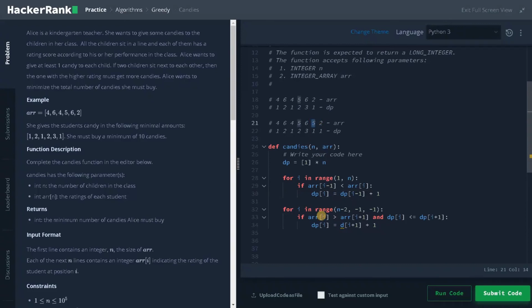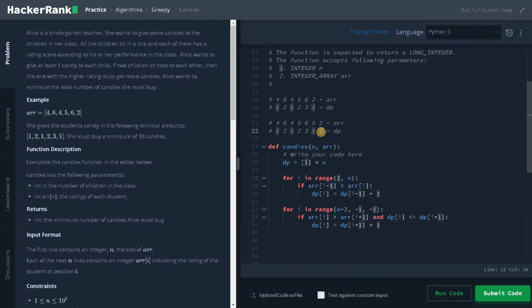I am comparing 5 is greater than 2, so this condition is satisfied, and again I am checking if dp of I is less than or equal to dp of I plus 1. Yes, both are 1. So if it satisfies the condition, I am getting dp of I plus 1 plus 1.